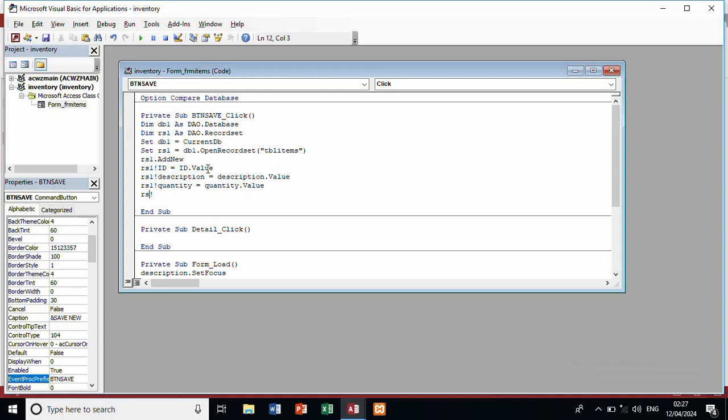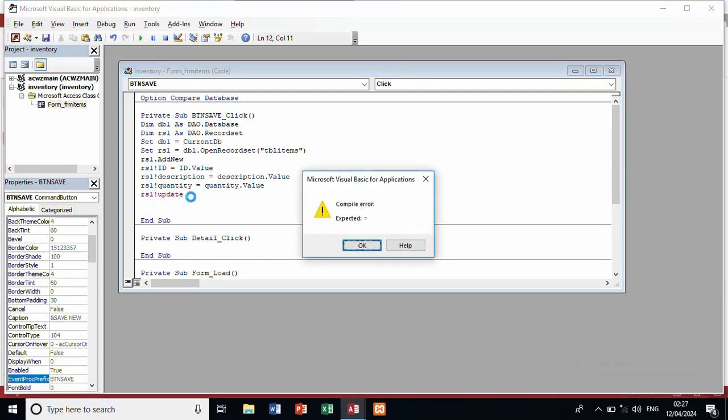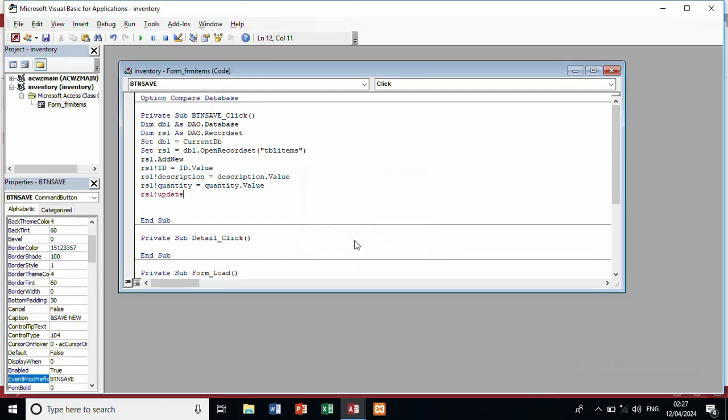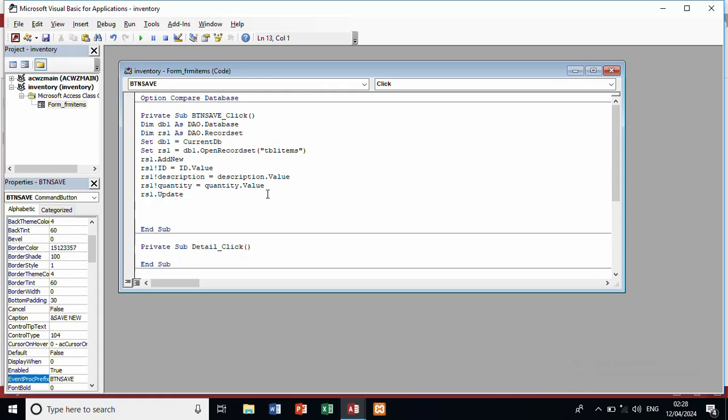So you are going to update our table. So in that code, the computer should be... this one should be dot. In that one, the computer should be able to know that and take that value and save it in our database. Once it saves, you're going to display a message box, and then you're going to say